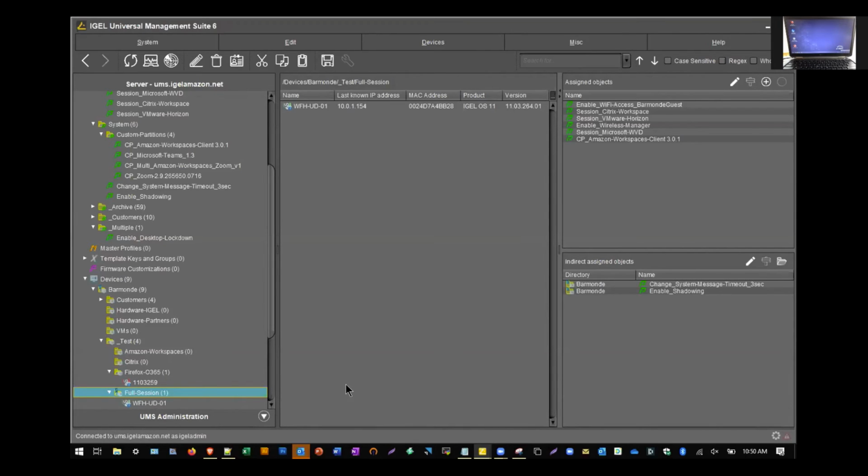Worst case scenario, that person would try and open up a web browser, log into something, or try and connect to one of the remote desktops, and then be prompted for a username and a password anyway. Absolutely, and you're exactly right. That's exactly the cadence associated with putting a password on there.